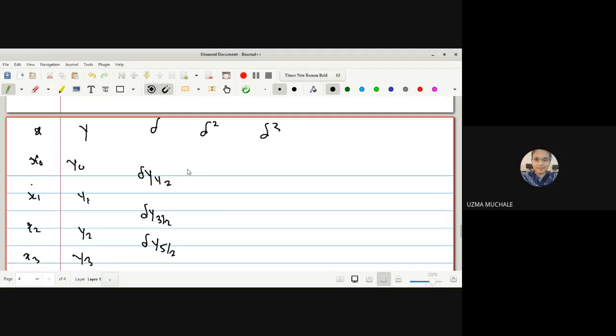Okay, for delta square it will be the addition of these two divided by 2. 1 by 2 plus 3 by 2, that will be nothing but 3 plus 1, that is 4 by 2. 4 by 2 is 2, divided by again 2, it will be simply 1. Okay, the addition of these two divided by 2. 5 by 2 plus 3 by 2, that is 8 by 2 divided by 2 again. So it will be simply y2. And for cube again the addition of these two, 2 plus 1, that is 3 divided by 2, y3 by 2. Okay, write this table also.